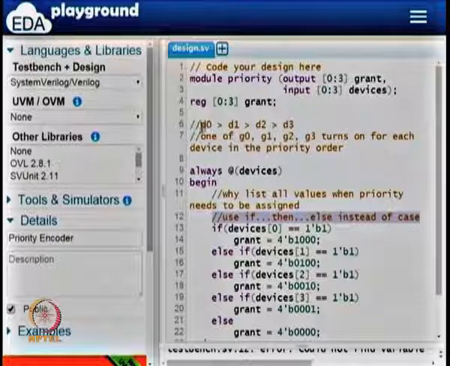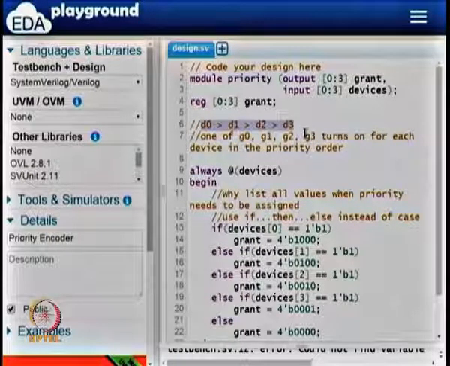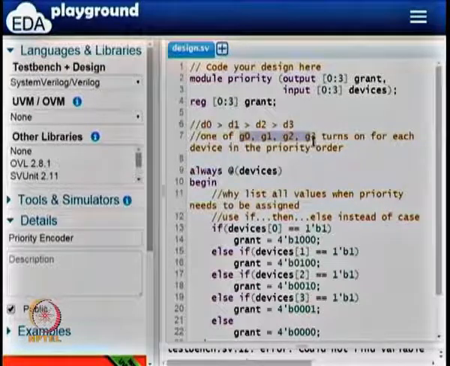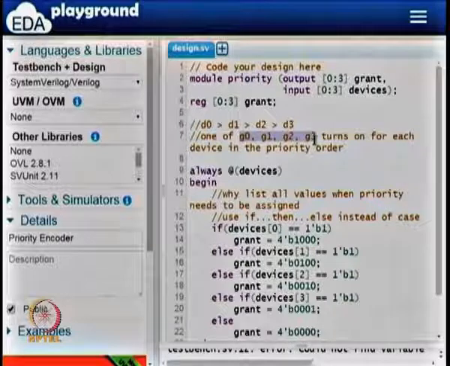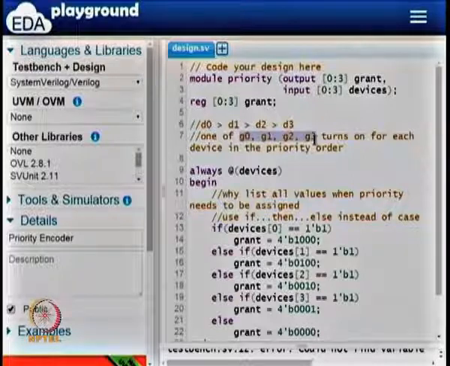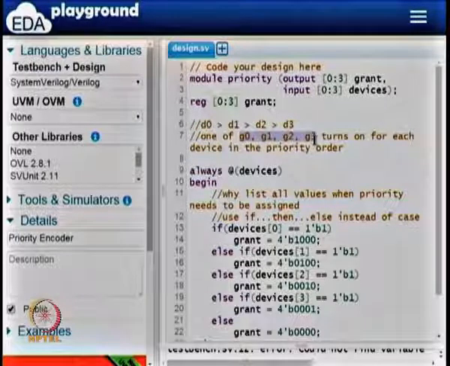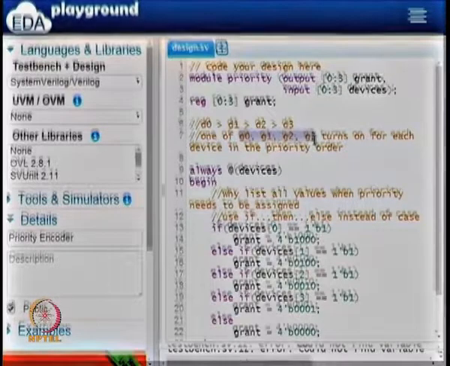So we know that we want this priority: D0 is greater than D1, greater than D2, greater than D3. That is the order, and we want exactly one of G0 to G3 to be turned on. So this is the problem specification. For this specification, you can go and write all the 16 combinations and derive equations: grant[0] equals 1 under these conditions, grant[1] equals this equation, grant[2] equals this equation, and so on.